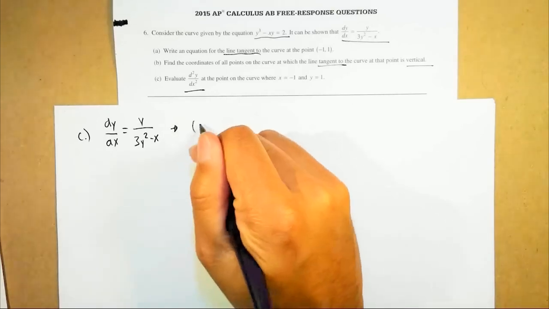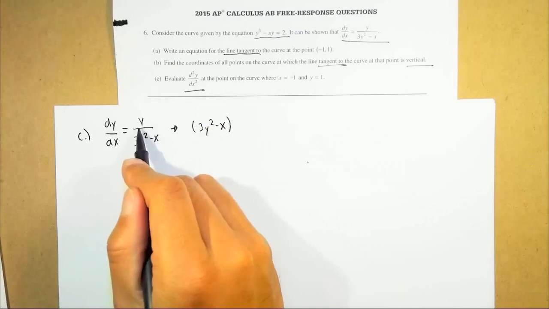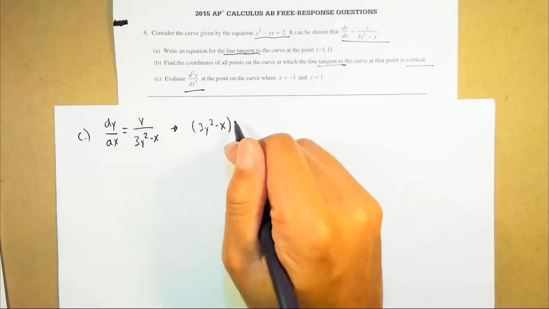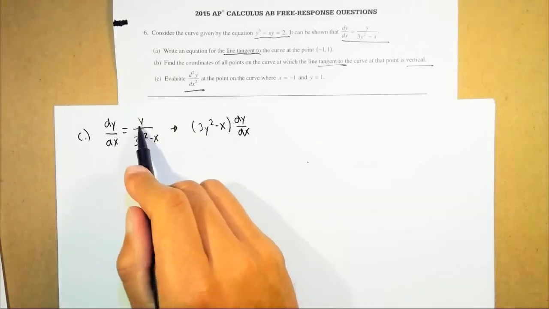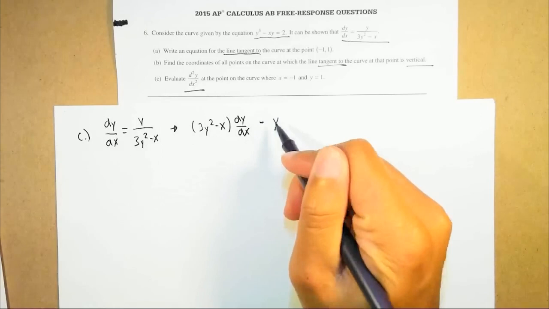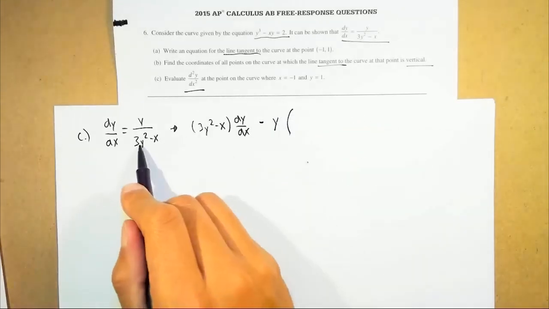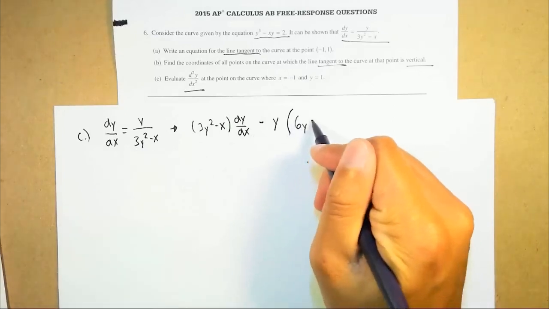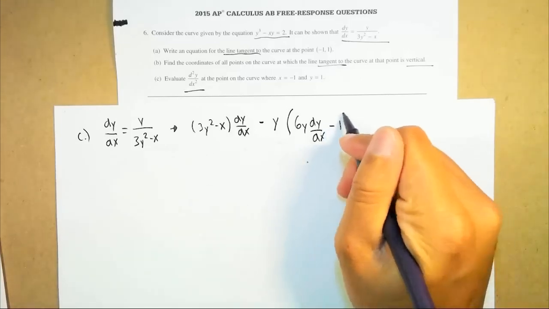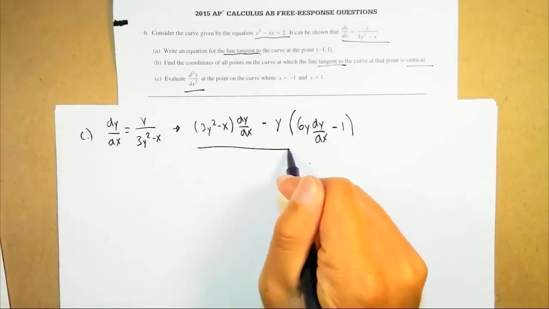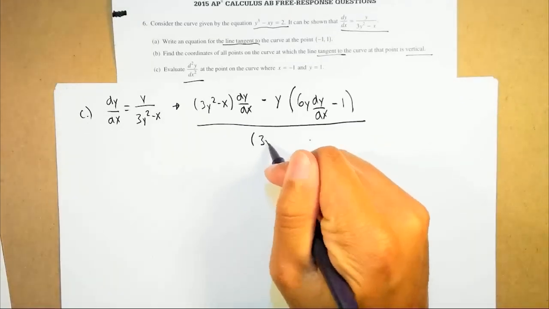Low d high, derivative of the high, is 1. But because it's y, don't forget I have to add 1 dy over dx. So low d high, derivative of the high, minus the high times the derivative of the low. When I figure out the derivative of low, the derivative of 3y squared is 6y, but because it's y, don't forget dy over dx. Derivative of x is minus 1. All over low squared, which is 3y squared minus x